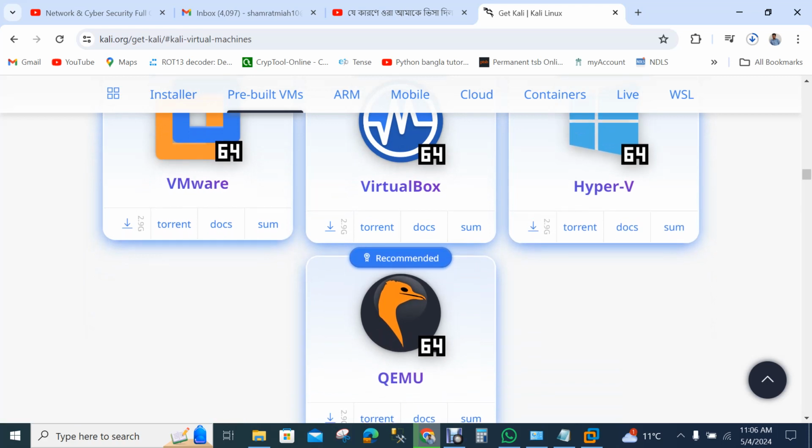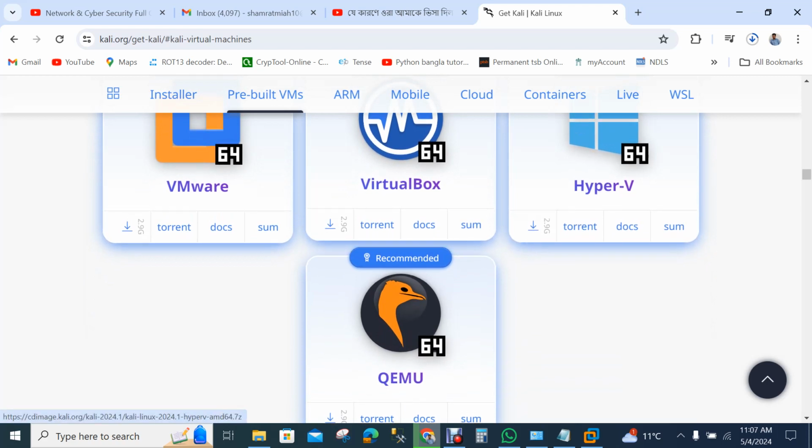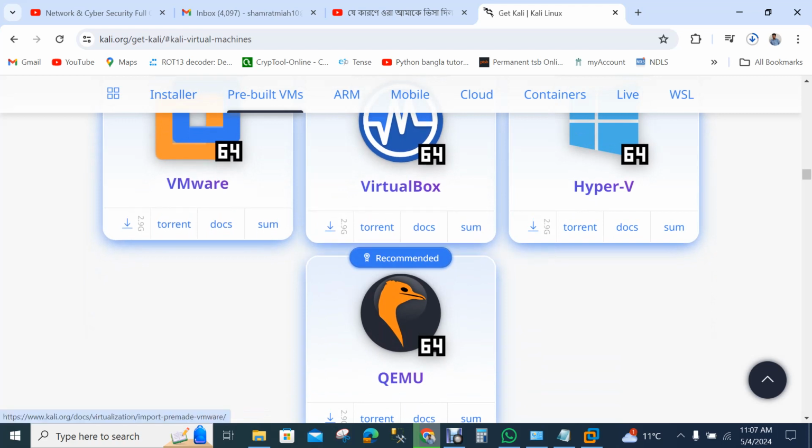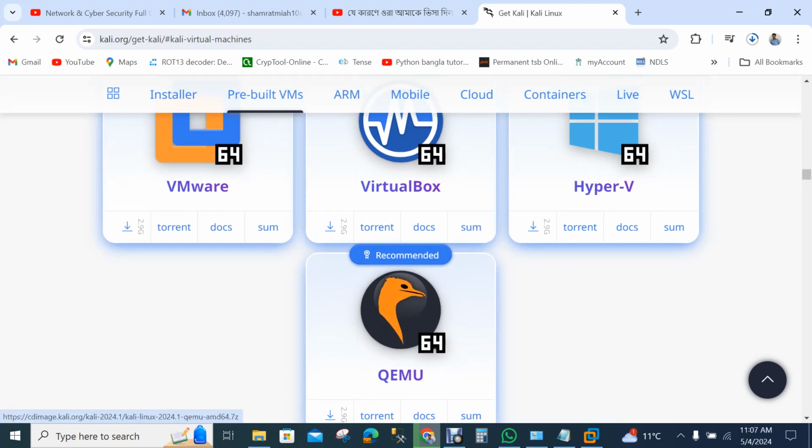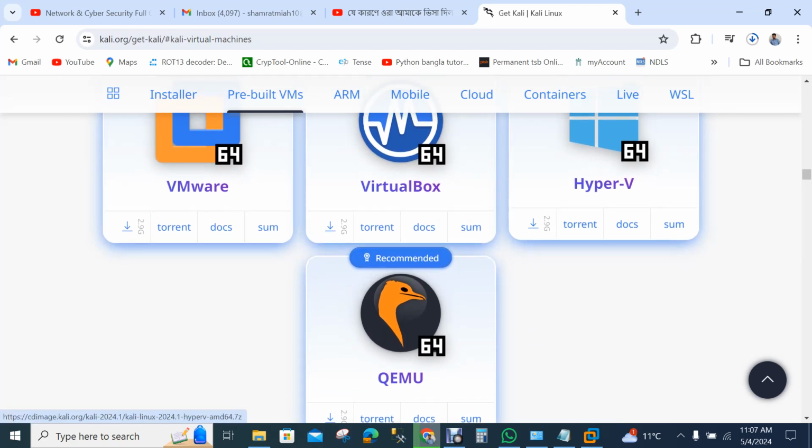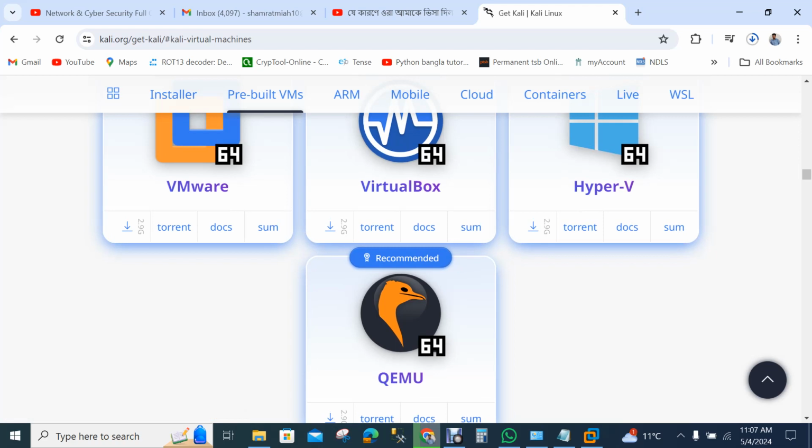Those are actually applications for our virtualization systems. After installing VMware, QEMU, VirtualBox or a hypervisor, any one of those, we can install whatever we want to use with the virtualization process.